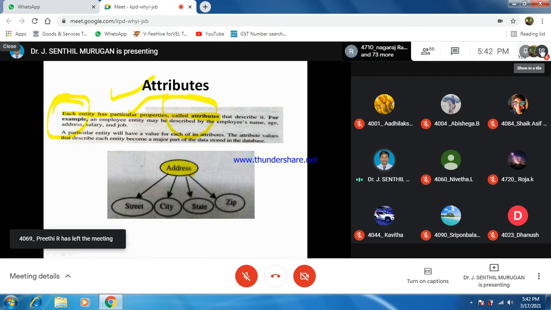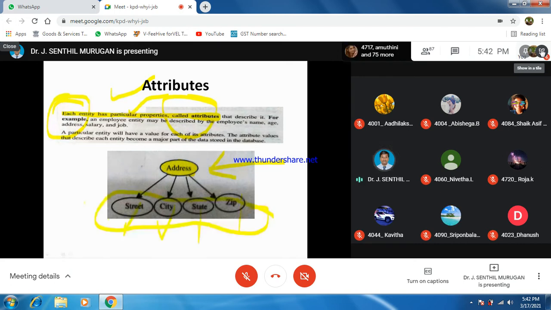Example like this: what is an address considered? An address consists of, okay, all these things, which are considered attributes.